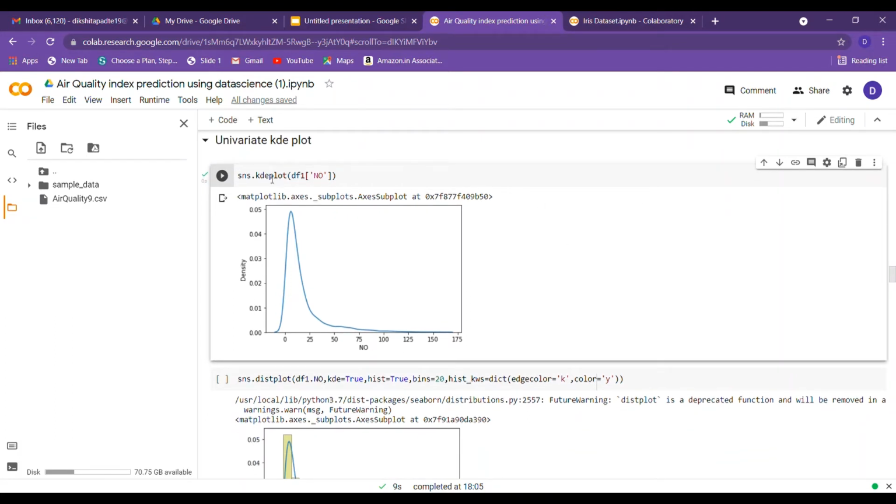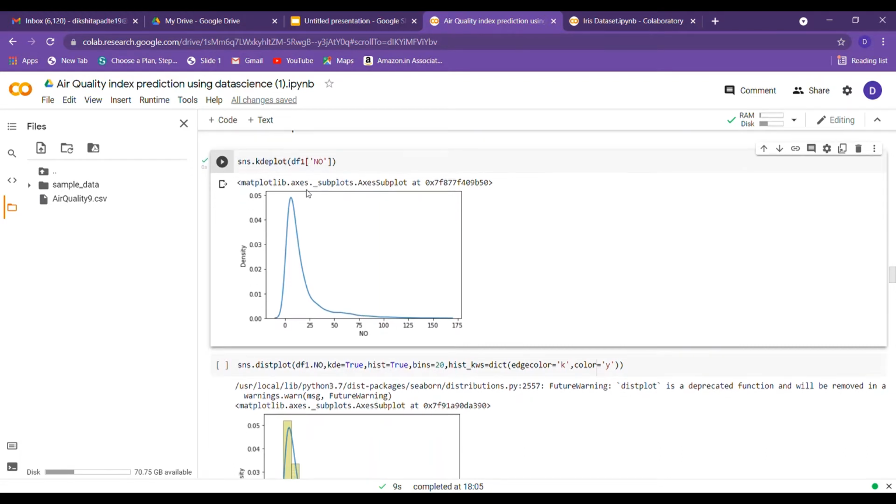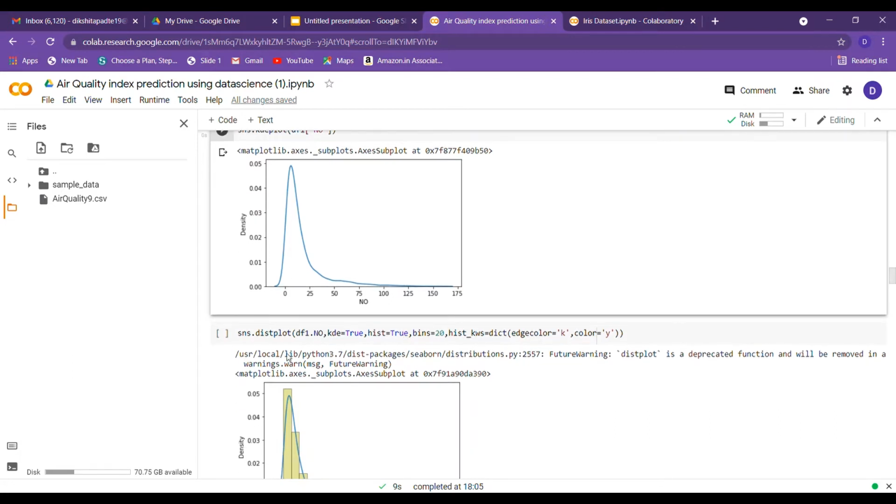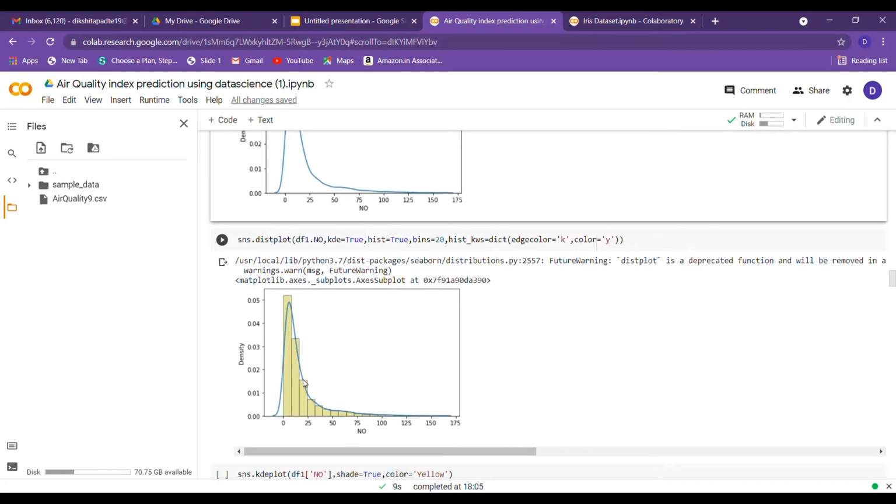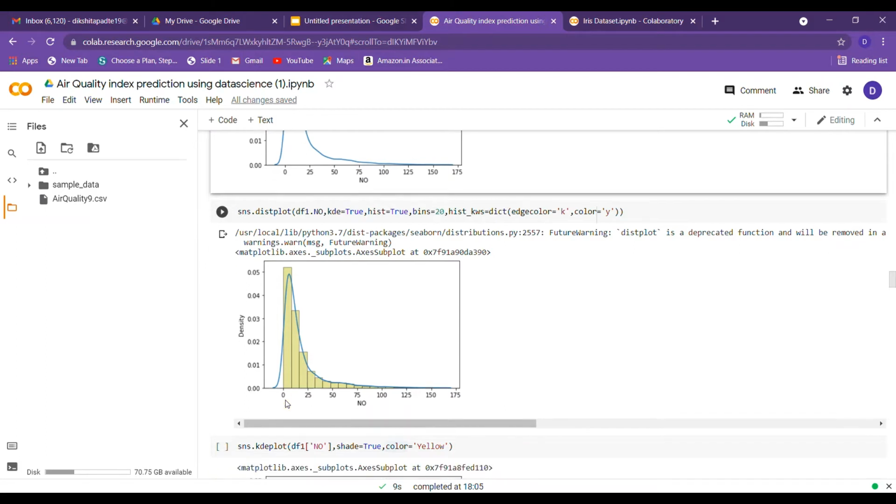Now Python is kind of a sorted language and easy to learn, because the functions Python provides here are very simple. Just by using this KDE plot function, you can see a KDE plot is plotted over here. And on the y-axis, this is the probability density. So now let's understand what exactly probability density is.